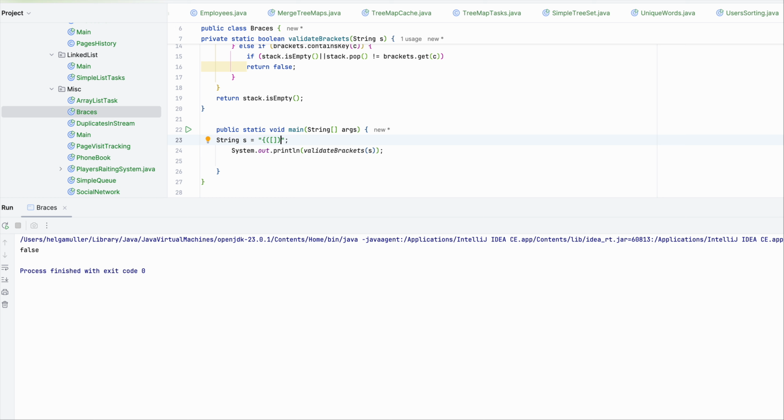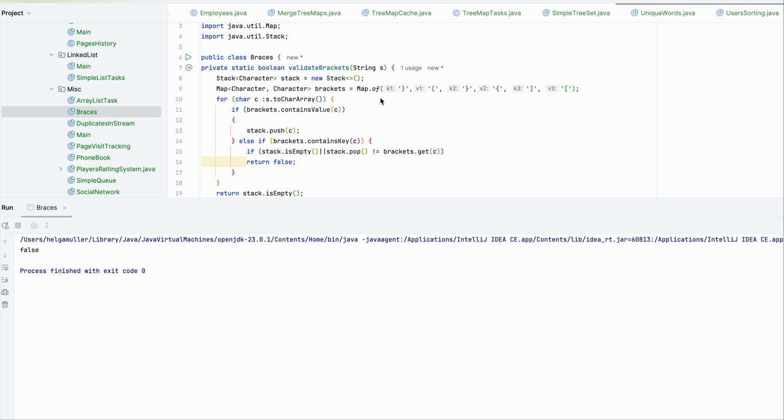So it finally worked. Let me go through it one more time. So I check if the stack is already empty, or if the stack, yes, so here